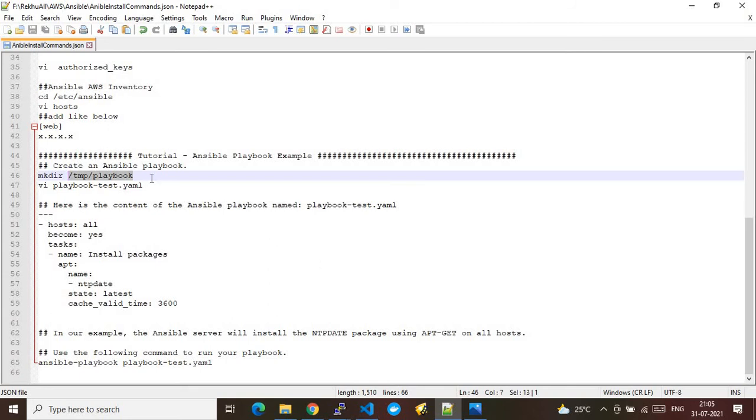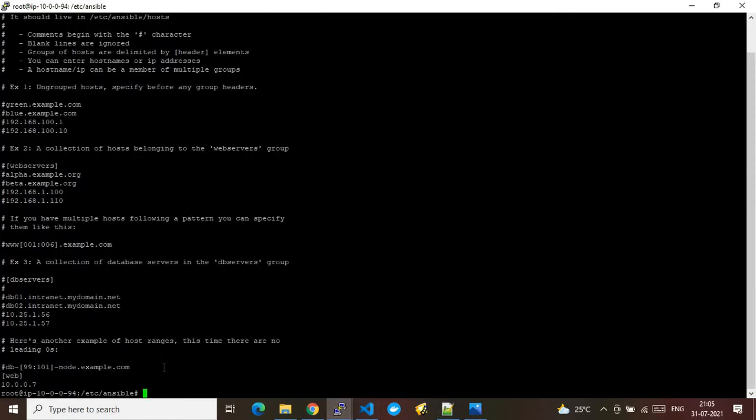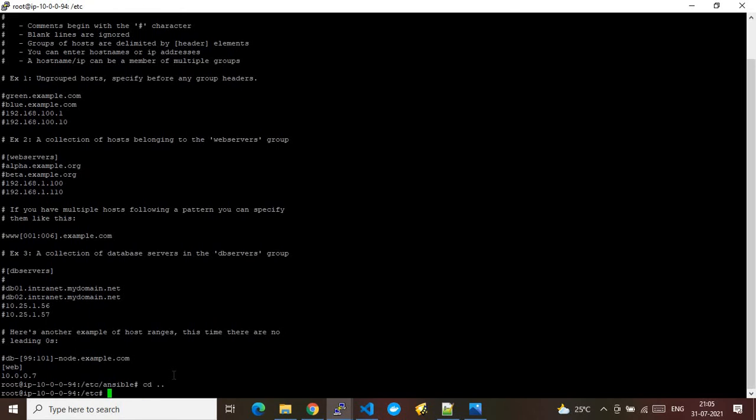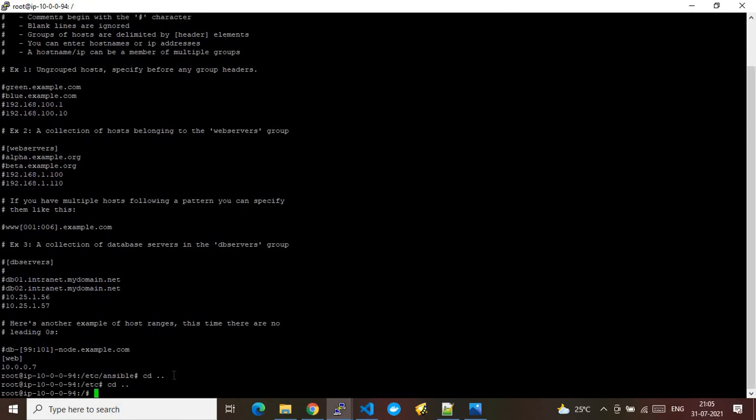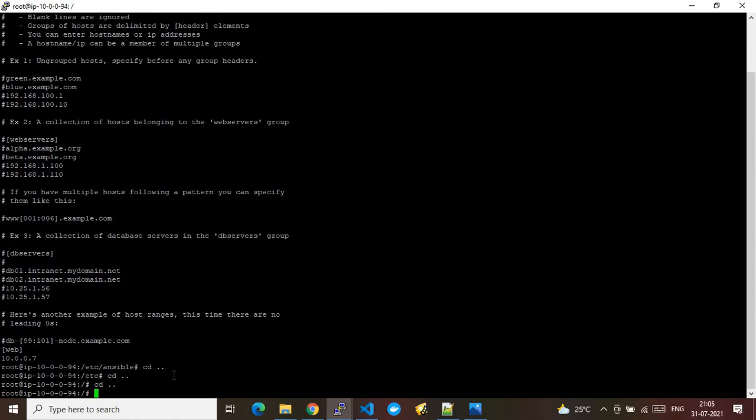Before I go to that next step, let me ping that. Let me do a cd back, and one more back. Here you go, I'm currently in the root context. We have done all the required configuration. To reiterate, we installed the Ansible tool on a particular EC2 instance and called that the Ansible master node.